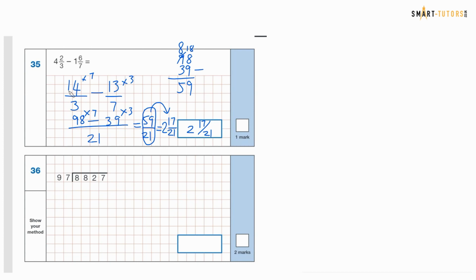The last question of the paper is 36, which is 8827 divided by 97. So it's a long division question. So you see how many 97s go into 88, but you can't, it's a 0. So 882, so you do 97 times 8, which is, you carry over the 5, so it's 776. Then you do 97 times 9, which is 63, so carry over the 3, and then carry over the 6,